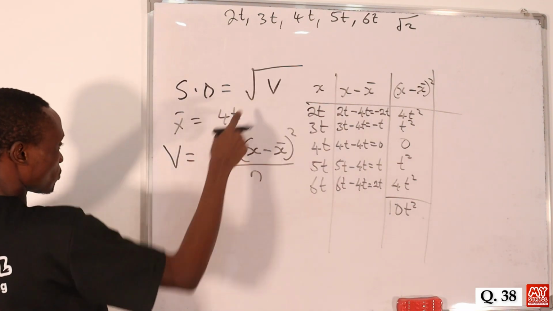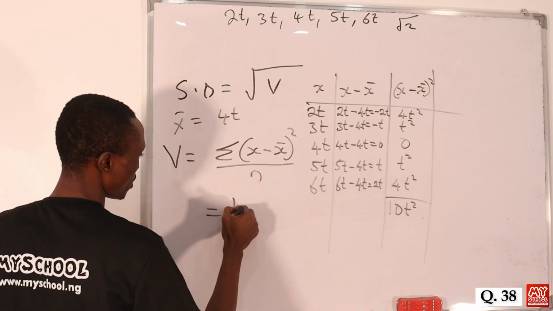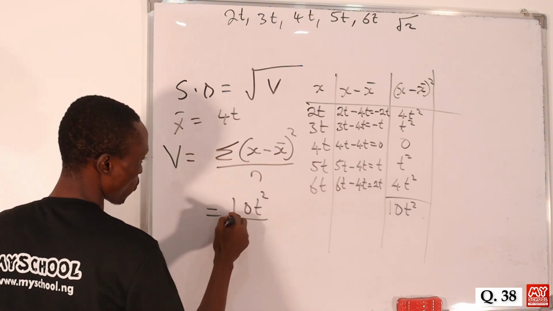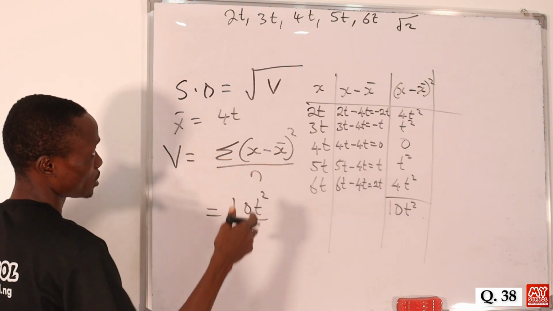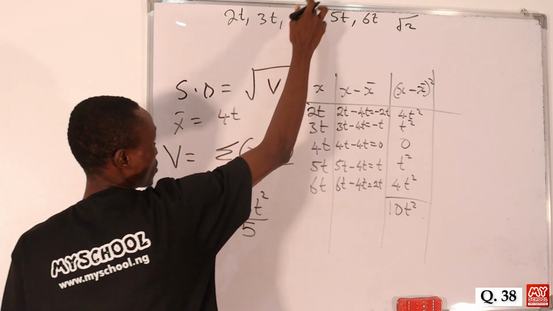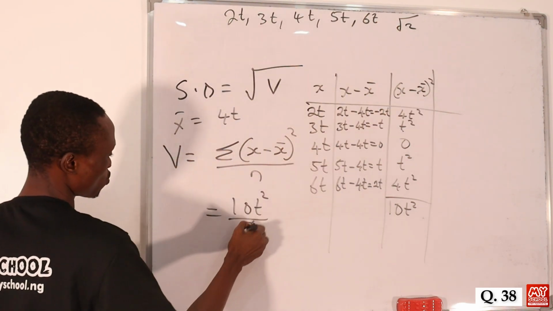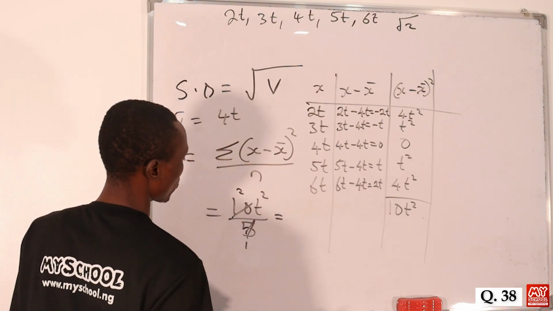So remember, this is the formula for our variance. So if we put these values, we'll be having 10t squared all over 5. Okay, because the number of the data or the t's that are given to us is equal to 5, which is 1, 2, 3, 4, 5. So 5 here is 1, 5 here is 2. So we have the variance to be equal to